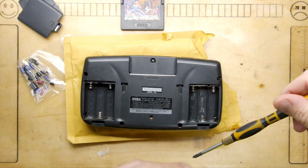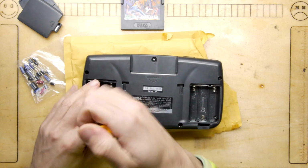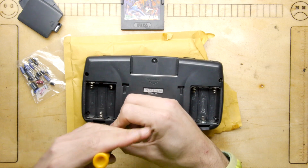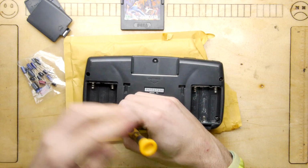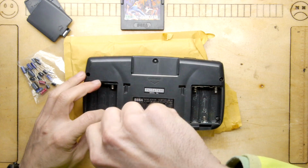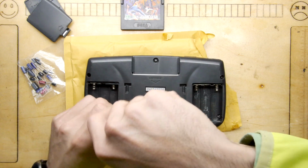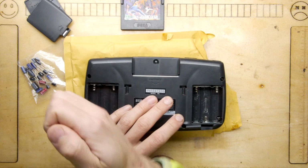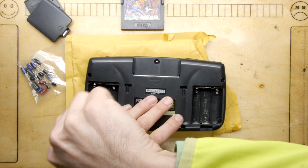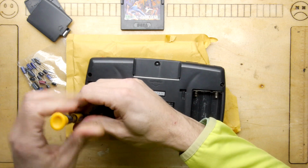Another reason I'm a little bit disappointed at not losing, but mislaying Simon's one, is that the battery door on this, one of the battery doors, has a limp catch, and I think it would have been nice to replace that with a firm catch. But you see, I put a little bit of paper in there to stop it getting stressed out. I might try to pop in a little bit of resin or Gorilla Glue, something to keep that all together,